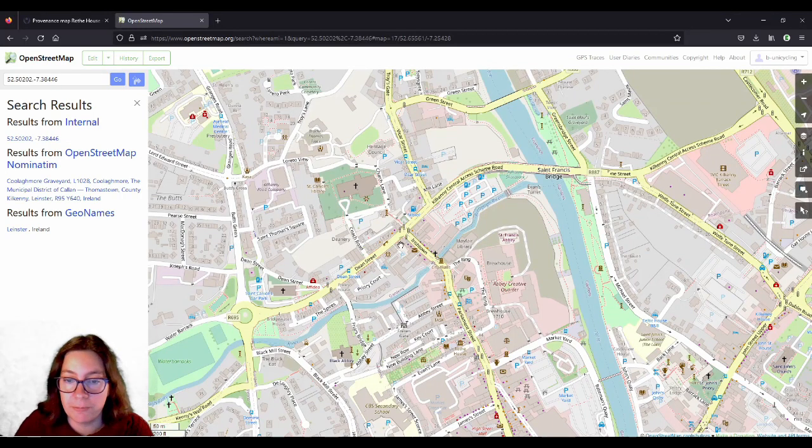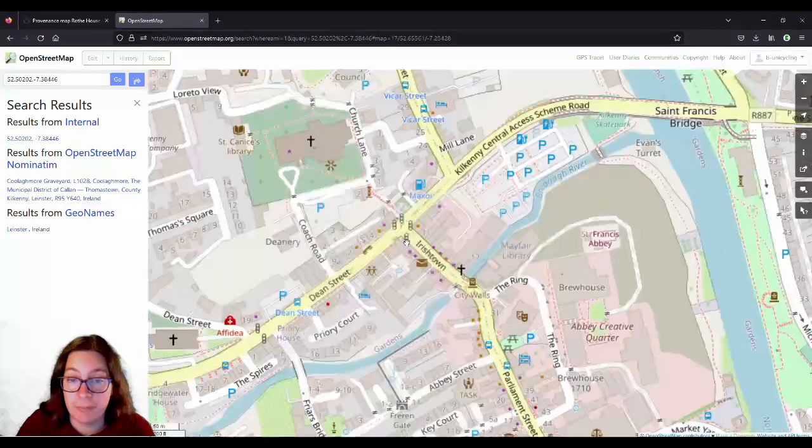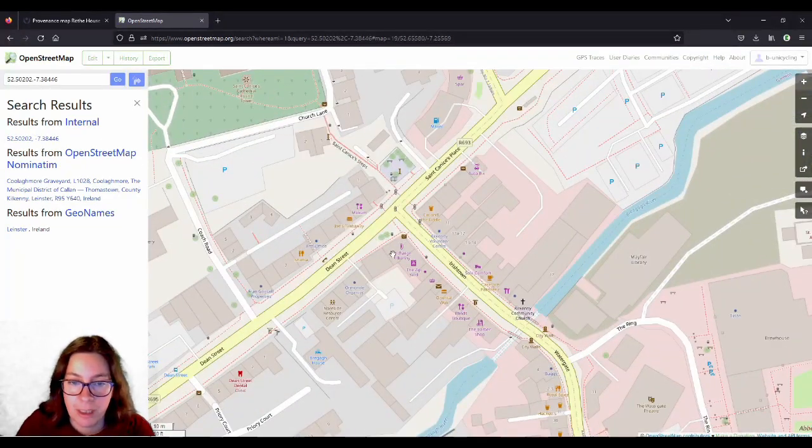Funnily enough, the Archdeacon mansion was in Irishtown, and Dean Street was widened in the, I think, 1960s or 70s. So all these houses here are post that time. And I know it was the corner house, but I won't click into the corner house here because that's not the original location, but I'll click somewhere here a bit closer to St. Canice's Cathedral.